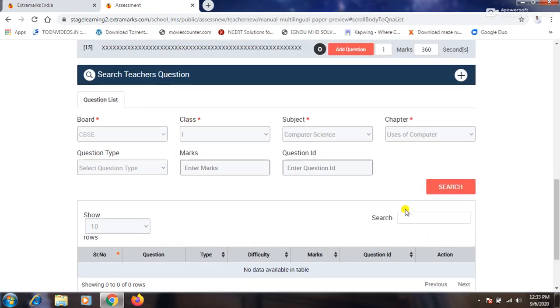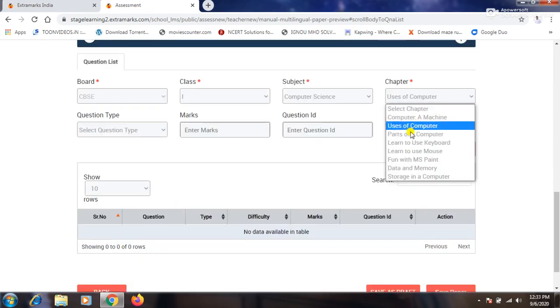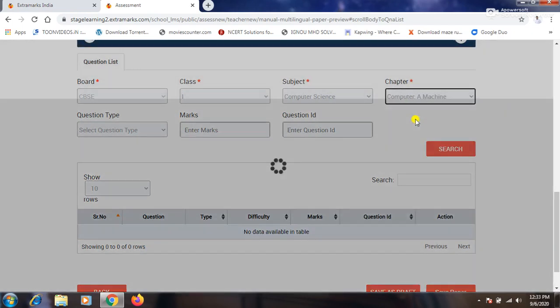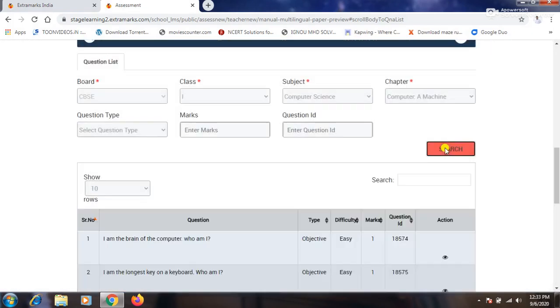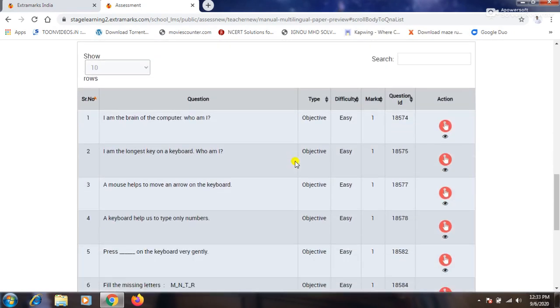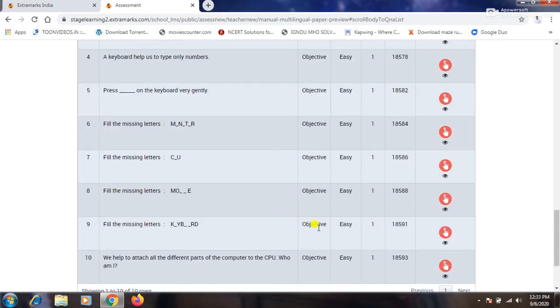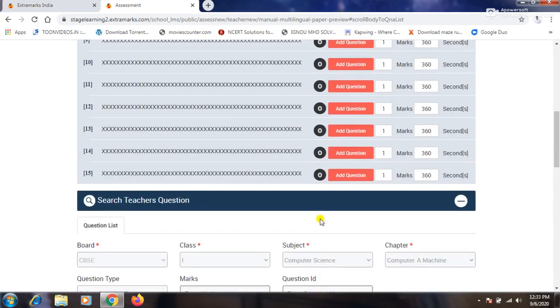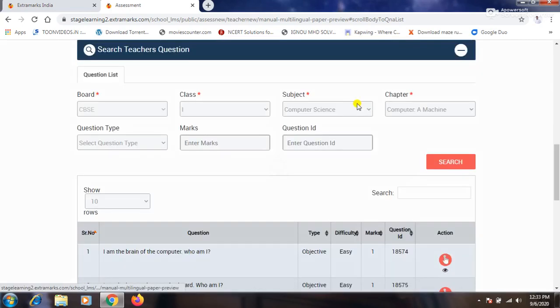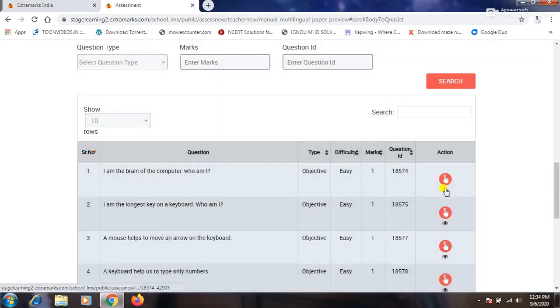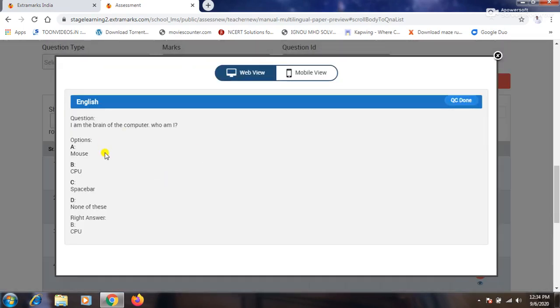Maybe there is some problem. So you can see these are the questions I have created. You click on add question, and you can also view the question to check whether the options are correct or not.